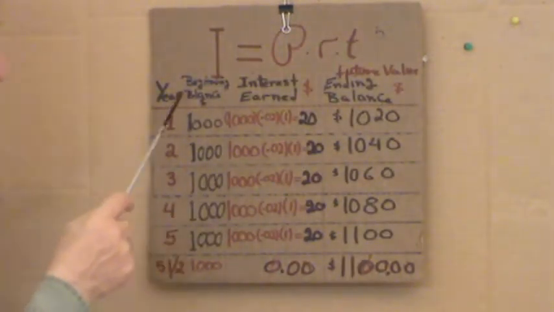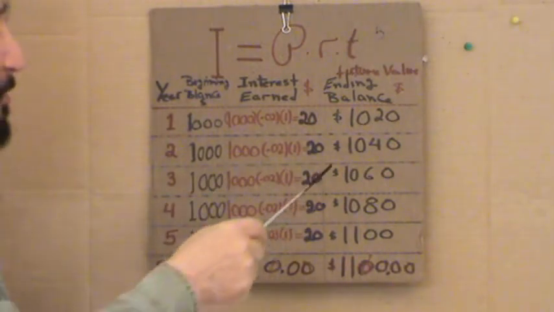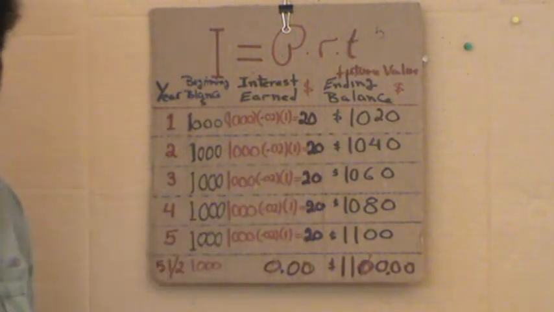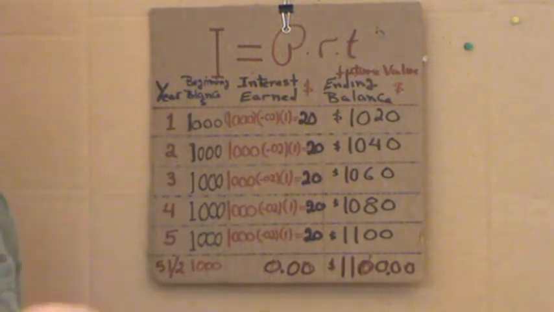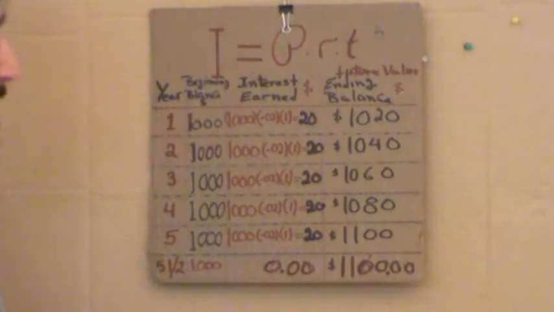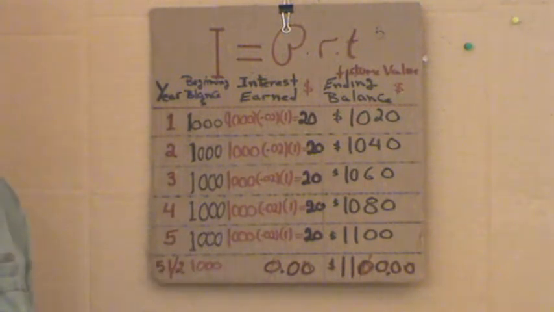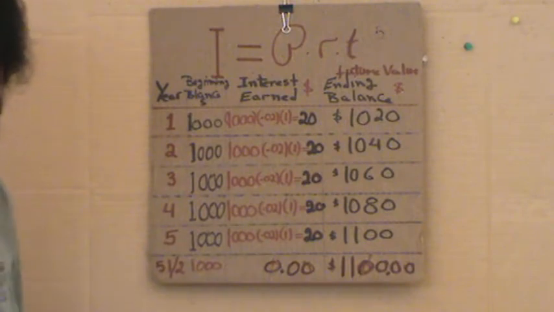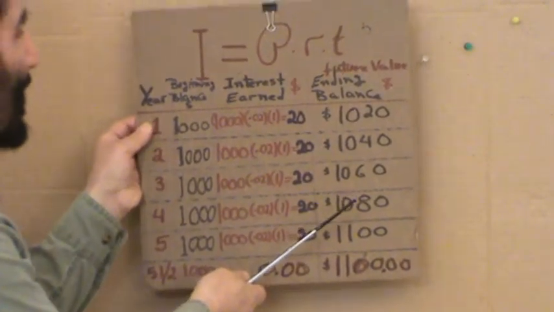Now, then at the end of the second year, again you are getting $20. Even though you have in your account 1,020, more than what you started with, still you are getting that $20 fixed amount like a rent. The same goes with the third and fourth and fifth year, and so on and so forth. Do you follow me? Okay, now let's see how we can outsmart the bank that I already mentioned,